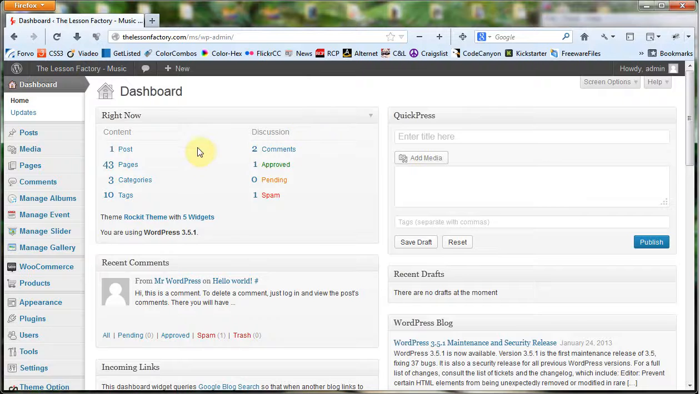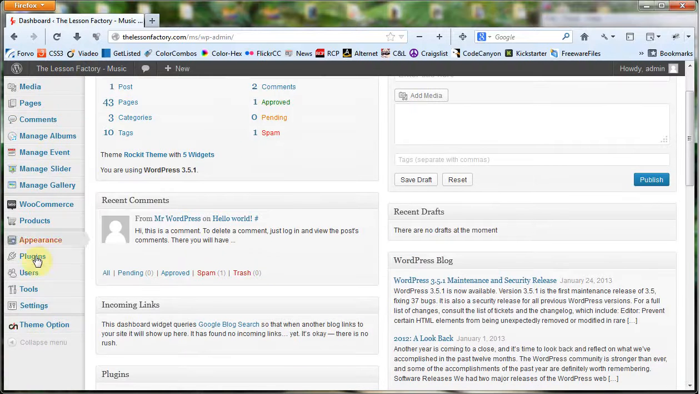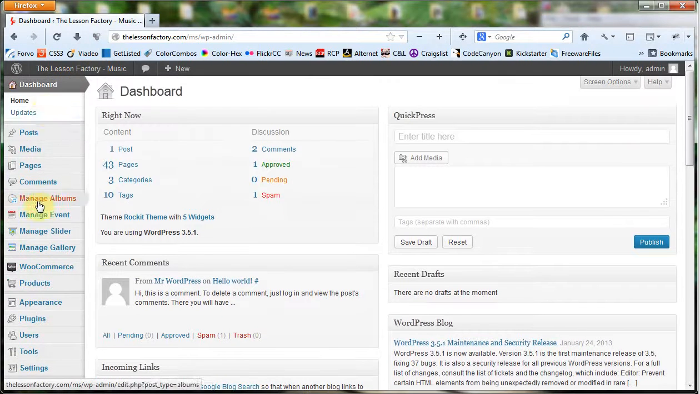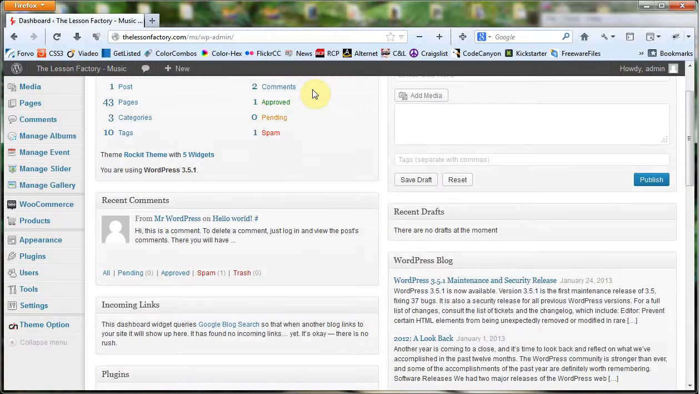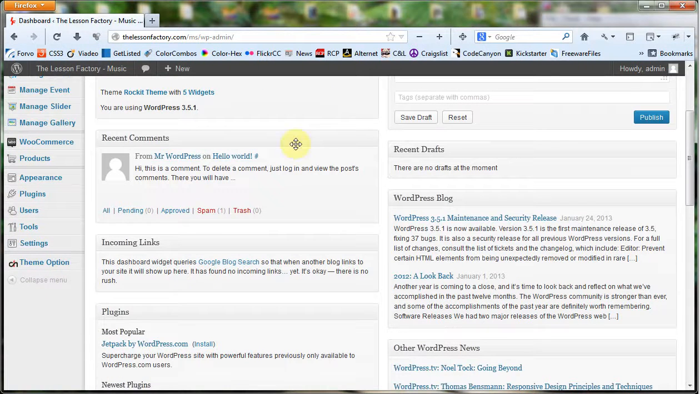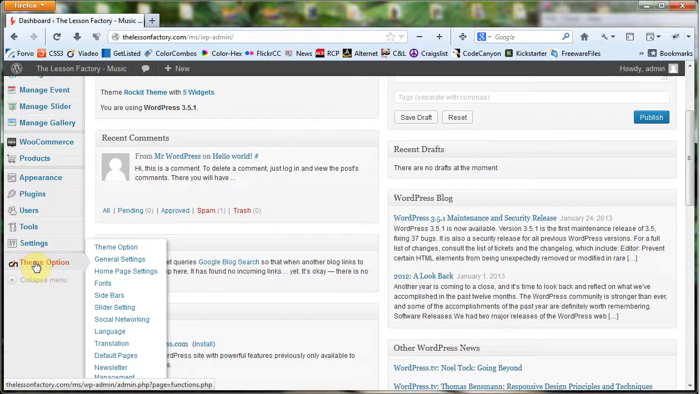Now we're in the dashboard, and over here I want to show you all the different things that we have in this particular framework. Okay, we've got albums, events, sliders, galleries, and we've installed WooCommerce and products as a part of WooCommerce. These are all parts of the framework, and these are parts of the e-commerce framework that we've installed. We're going to go over all of these in separate videos. So what I'm doing here is just giving you a quick overview of what you're going to see back here, and a quick rundown of what you can do directly with the framework